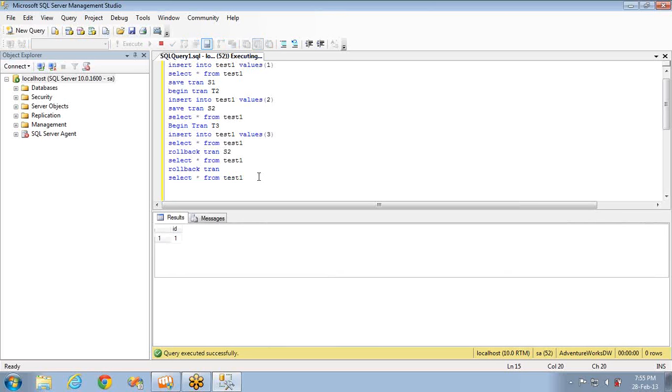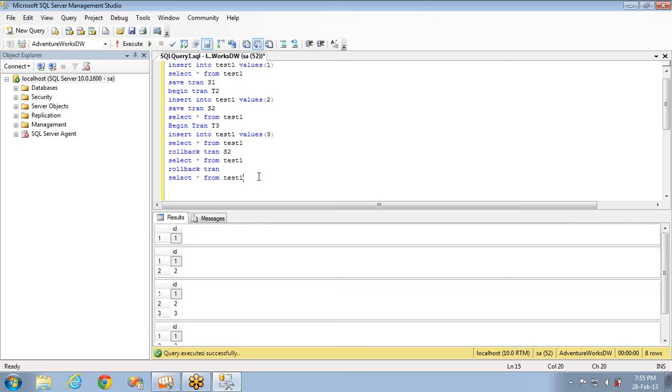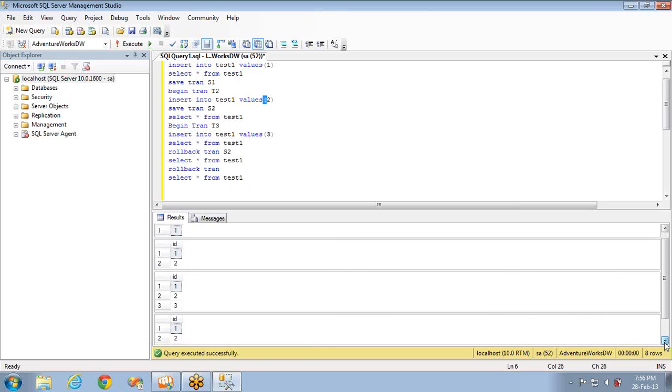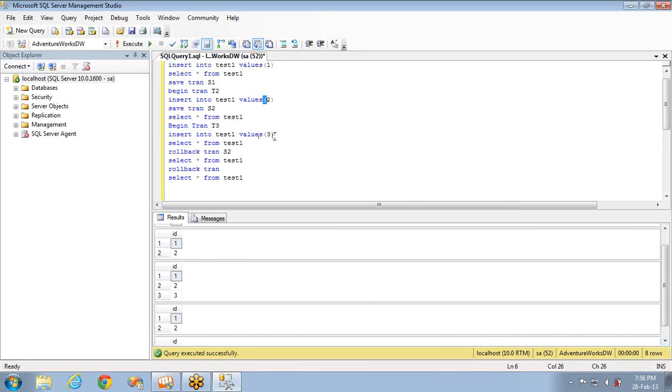If I execute these complete statements now, first it has inserted 1, right? And this select statement is returning ID 1, and this one inserted value 2, and it is saved up to here, and you can see it is returning 2 records, and then we are inserting 3.